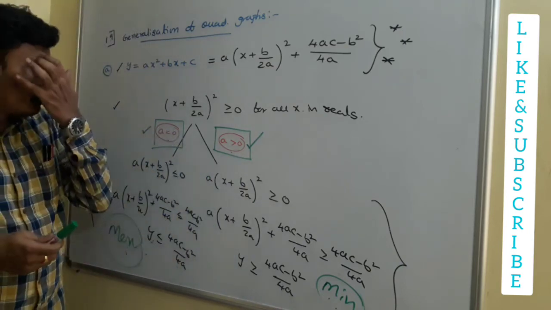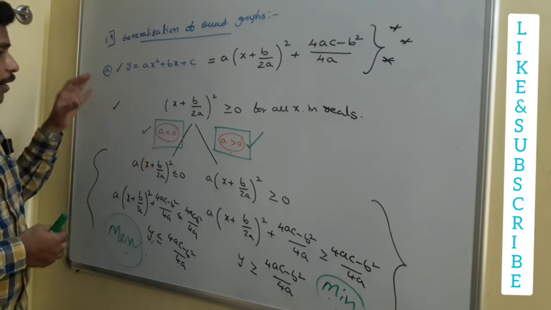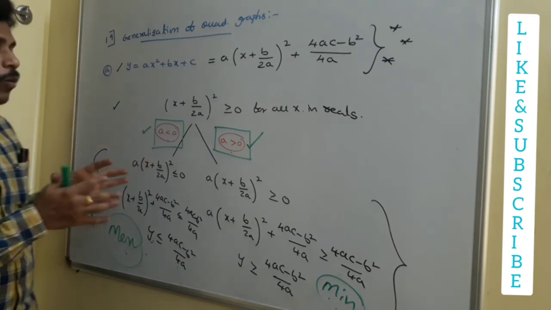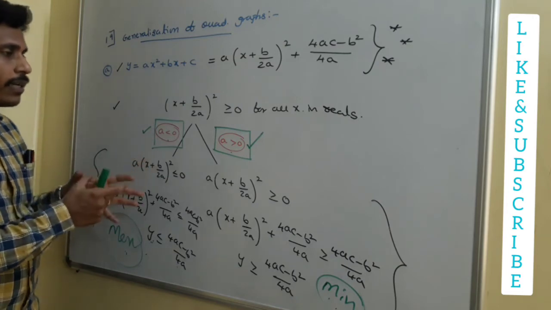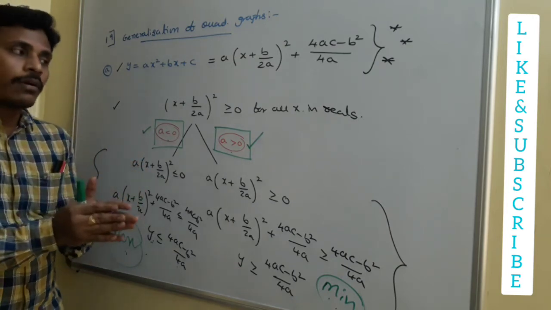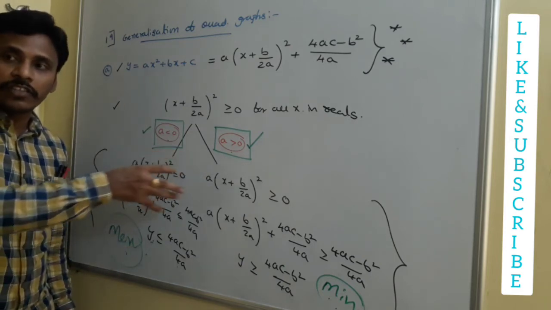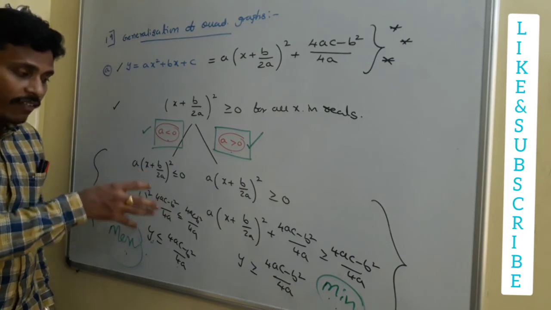Okay. So, see, generalization of the quadratic graph. So we are at the a bit, right? And here what we are studying, see, this bit generalizes for us when the expression has a maximum and when the expression has a minimum. Okay, I will give you two rough sketches again here. Just have a look at this.